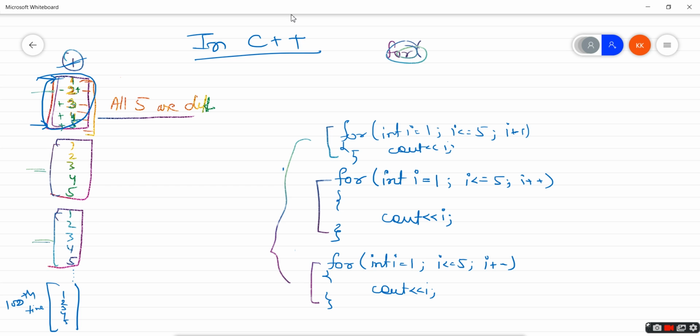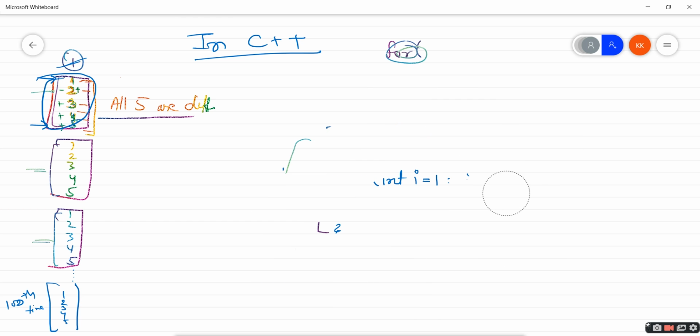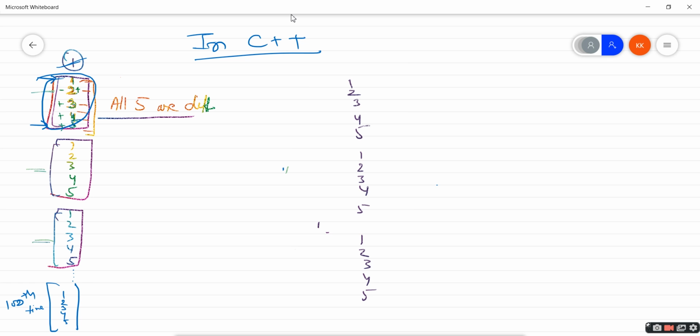So instead of writing these three for loops, what can I do? I need this output 1, 2, 3, 4, 5, and again 1, 2, 3, 4, 5, 1, 2, 3, 4, 5. So I have the same output but 3 times.